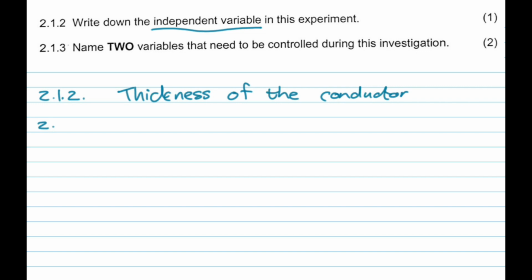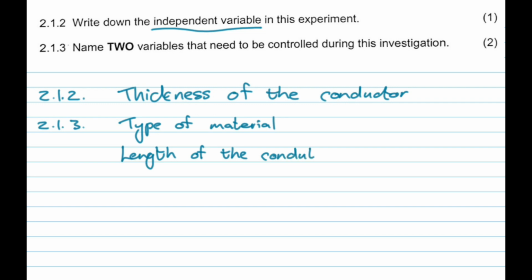Then question 2.1.3 is to name 2 variables that need to be controlled during this investigation. And that is going to be our list of things that we got from that table. That's going to be the type of material, which in this case was nichrome. So if you just say that all of the conductors were made from nichrome, that is fine. The length of the conductor, you can even mention how long they all were,